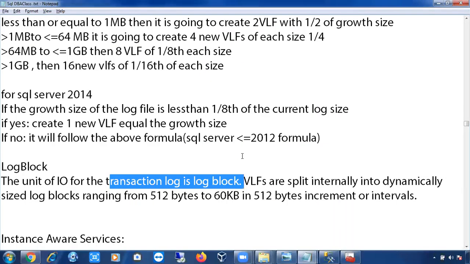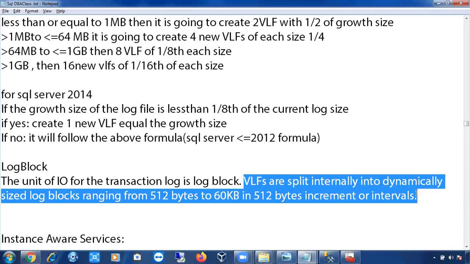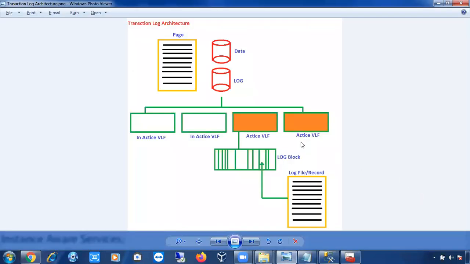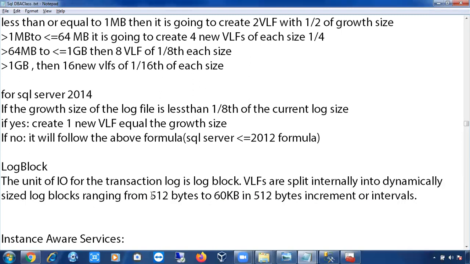These log blocks are going to be loaded inside the memory. VLFs are split internally into dynamically sized log blocks. That means the virtual log files split internally into dynamically sized log blocks, not fixed size, ranging from 512 bytes to 60 KB